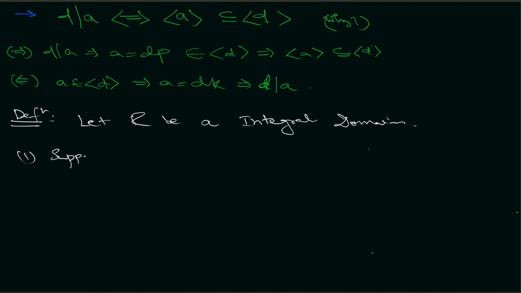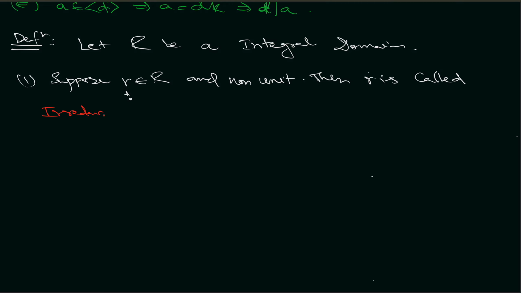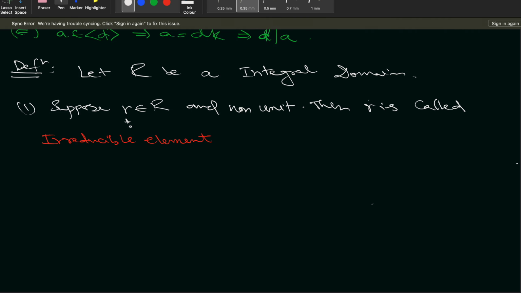Suppose r is an arbitrary element of R which is non-zero and a non-unit, then r is called an irreducible element in R